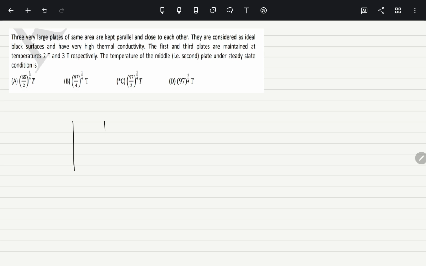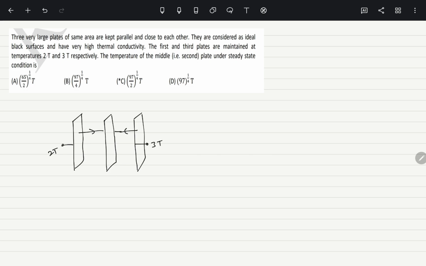So these are the plates, which have certain areas, the same areas, right? This plate has a temperature 3T, this plate has temperature 2T. We need to find the temperature of this middle plate, right? So they have an area, so they will be somewhat like this, right? Both the plates are releasing radiations, right? So what I'll do here, we'll calculate the